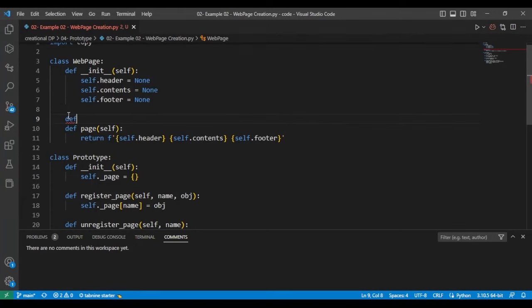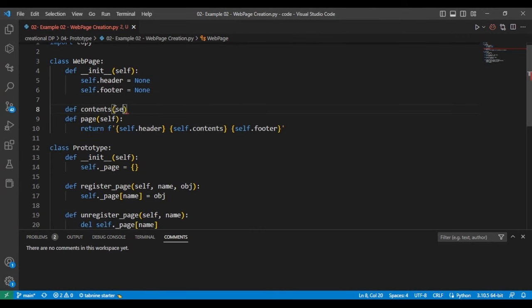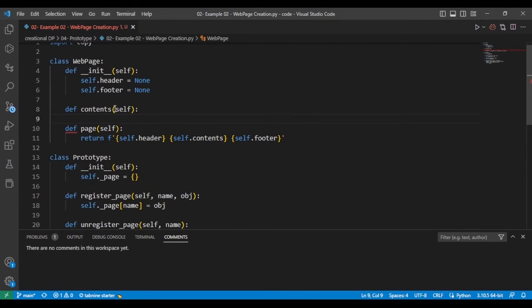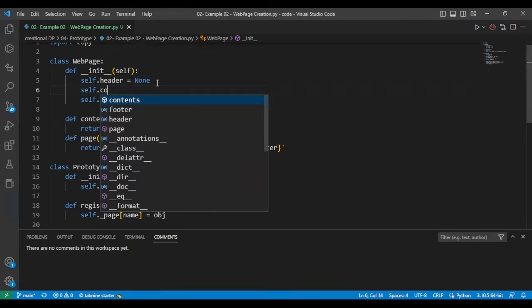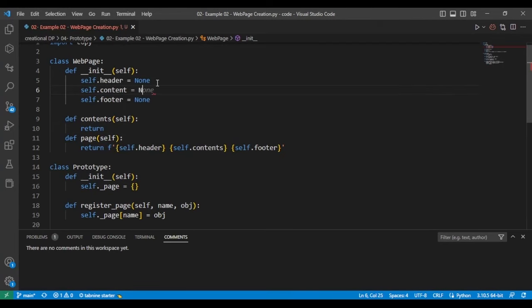I'm going to say define contents. Yeah, I'm going to take this out. I'm going to make it a method. And then I'll return the content of the dictionary, the header and footer, and whatever will be in between. I would do the methods to create all the other variables that will be in between. But right here, to get the content, which was content here, which was none,